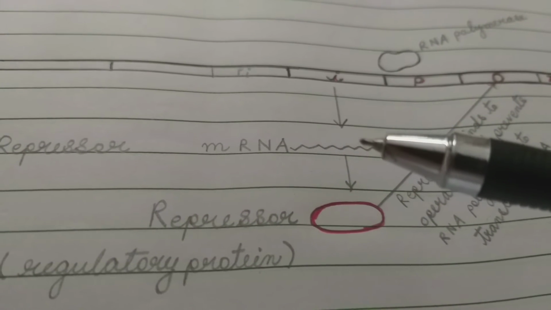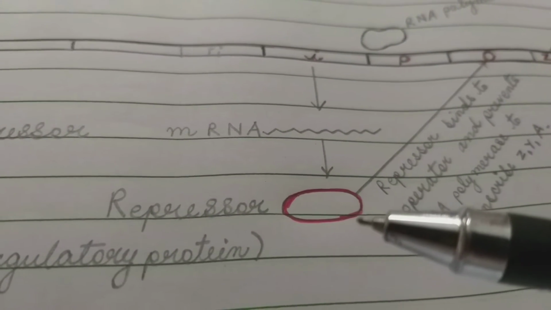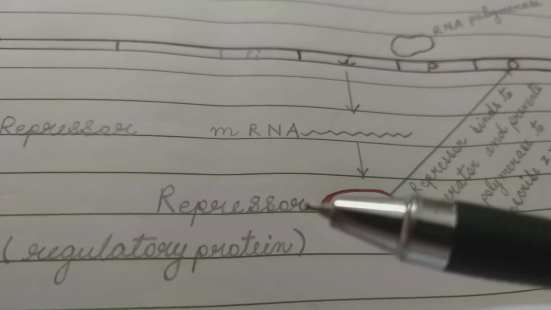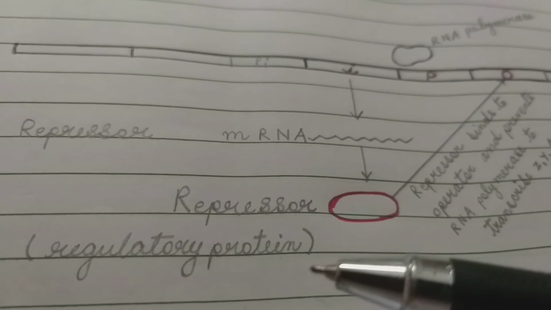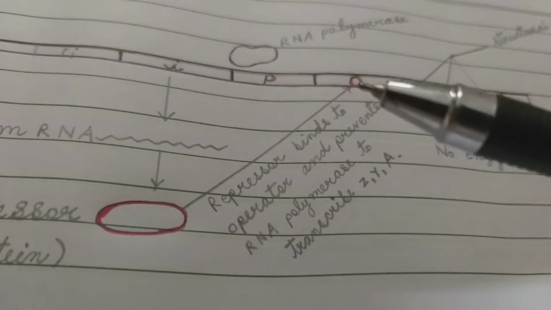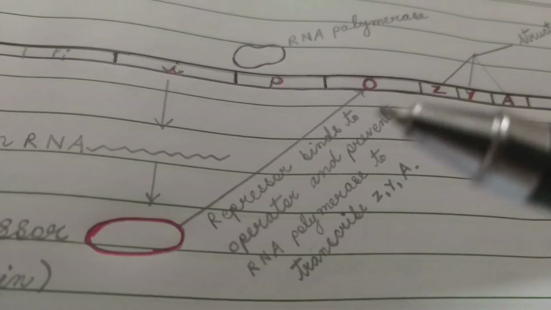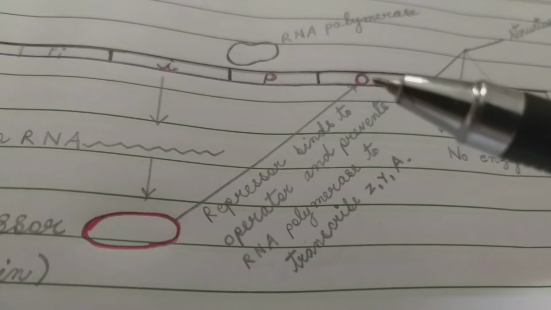This repressor messenger RNA is now translated into a protein which is called repressor. Repressor is a regulatory protein. Now this regulatory protein repressor binds to operator gene. The repressor molecule now binds to operator gene